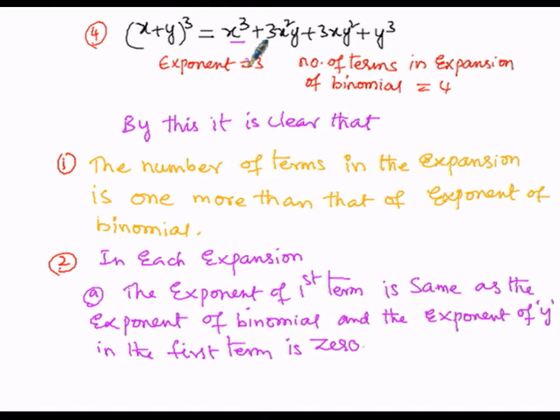and similarly, in the successive terms the exponent of x will be decreased by 1, whereas y will be increased by 1. So in the third term, x is again decreased by 1, that is 2 minus 1 is 1, and y to the power of 1 is increased by 1, that is 1 plus 1 is 2. Then in the fourth term, the x exponent is decreased by 1 again, that is 1 minus 1 is 0, so x to the power of 0 is 1, therefore x is missing here, and y to the power of 2 in the third term is increased by 1 in the fourth term, that is 2 plus 1 is 3, y to the power of 3. So in this manner we get,